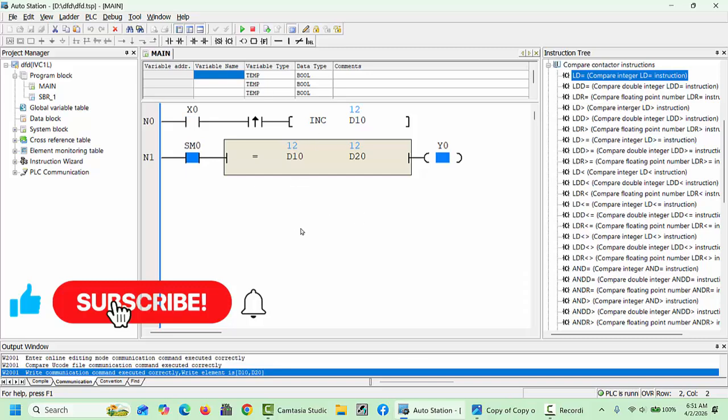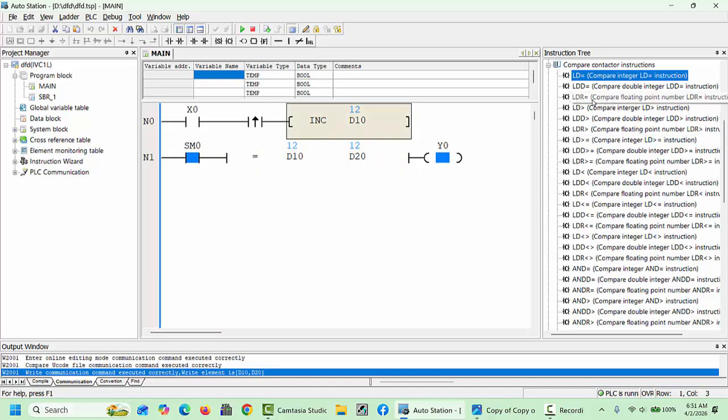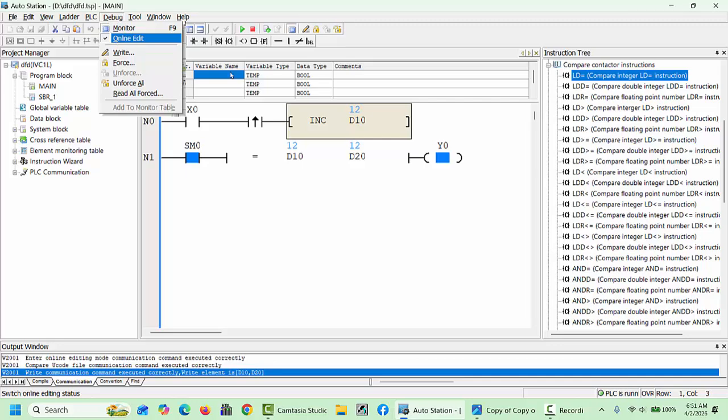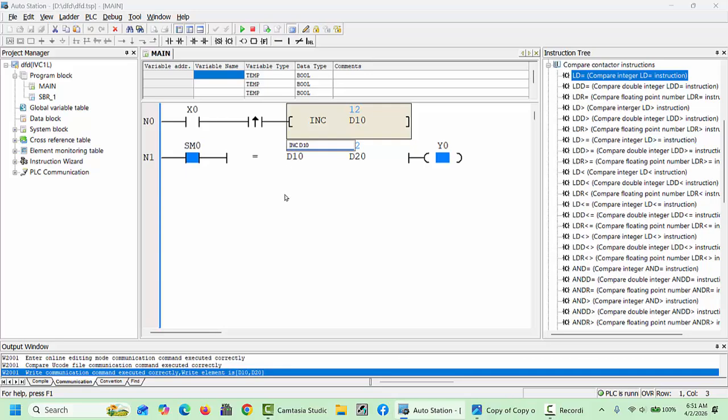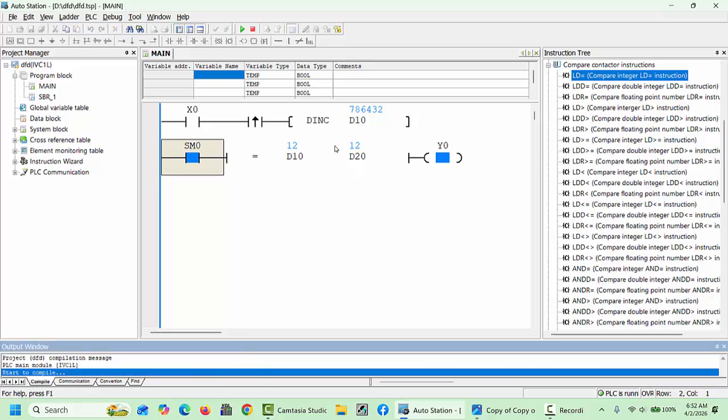And now if, for an example, we'd like to compare a long value, how can we do it? If we'd like to use a double integer, you have to use this command LDD. So here our debug data is online, edit is ready. We will type here, for an example, DINC and click enter, and I see this value is already shown. If I download,